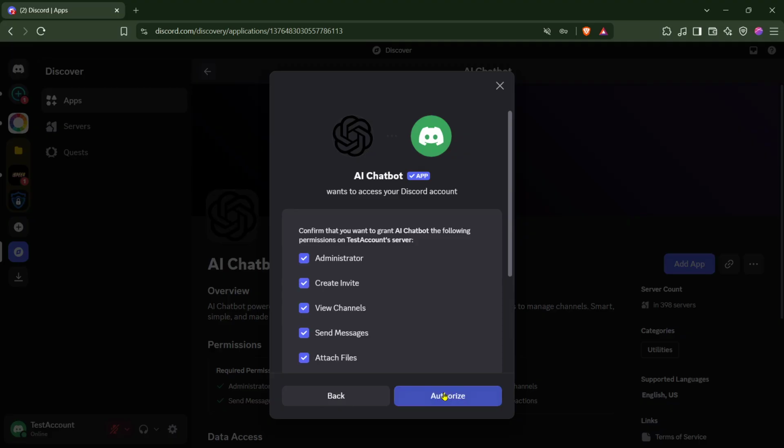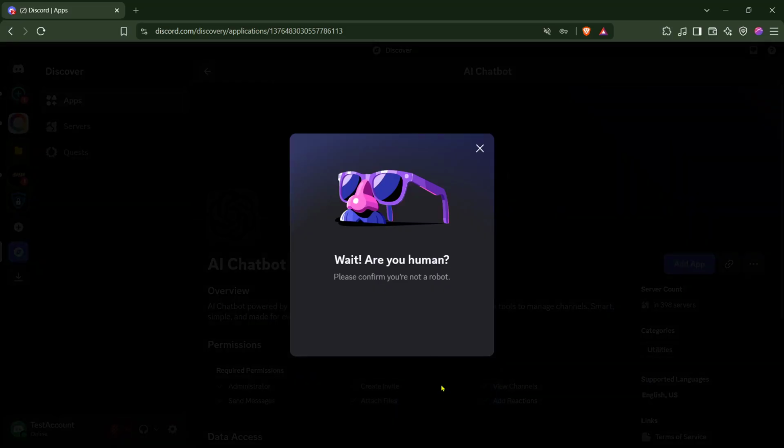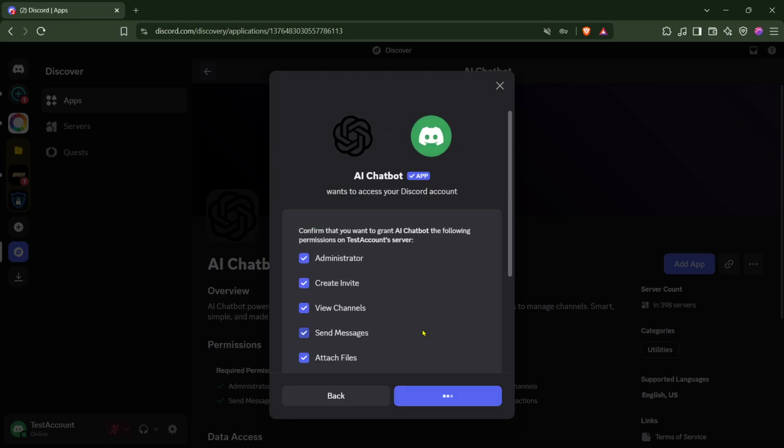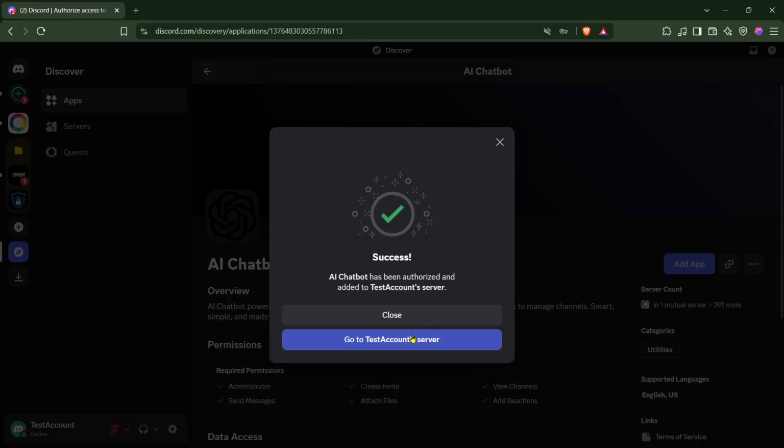Then complete the human verification checkbox when it appears. This confirms you're adding the bot intentionally and prevents automated spam installations. Once authorized, click the button to return to your server view. You'll land back on your server's AI chat view with the bot now installed and visible in your member list